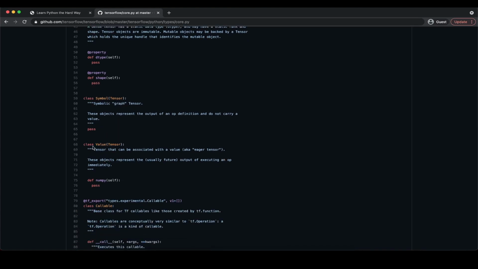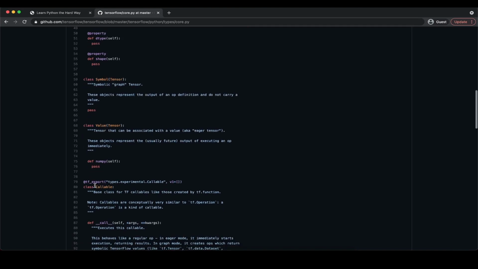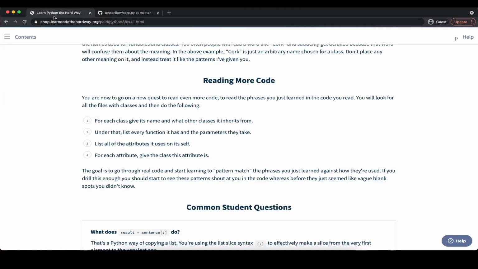And then if we take a look at this here, again, we have a class called Value in this case that is a Tensor, and inside of the class we have a function that we're defining. So here class Value, we create that has a function numpy that takes self as a parameter, and in this case it doesn't do anything, it just passes. But this is how we can go through the different files, take a look at some other code and just practice what we learned so far. And that's really important going forward when we want to communicate, for example, with other developers. It's important to use precise language.